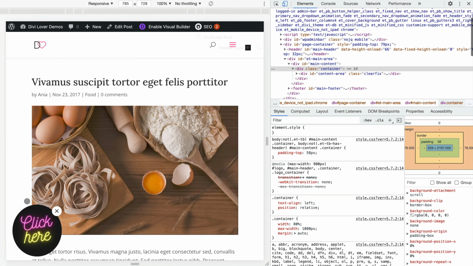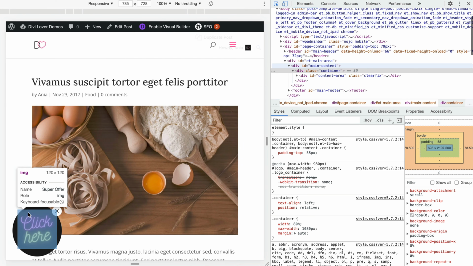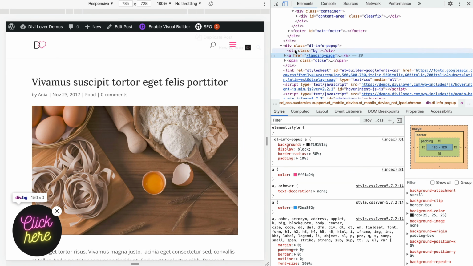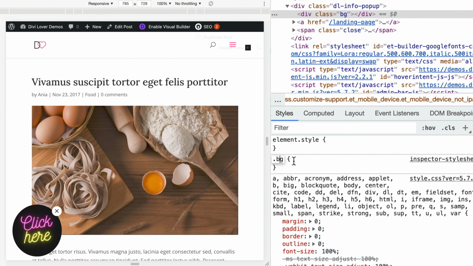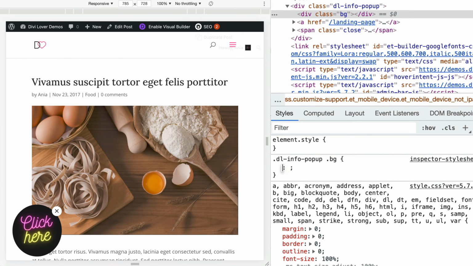And now when we refresh the page, we can see that new element right here, and we can target it. Let's specify our selector. Obviously the class BG is too generic, so again we have to specify the parent, DL info pop-up, display block